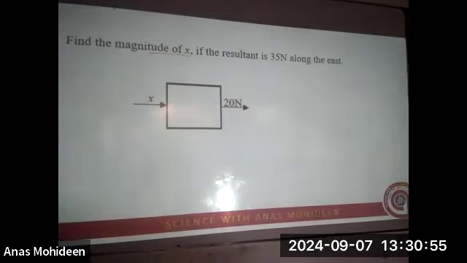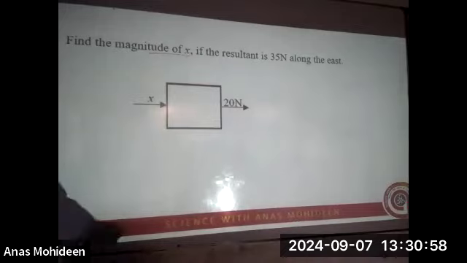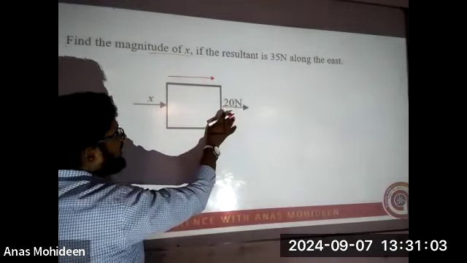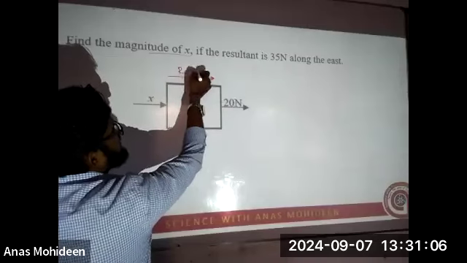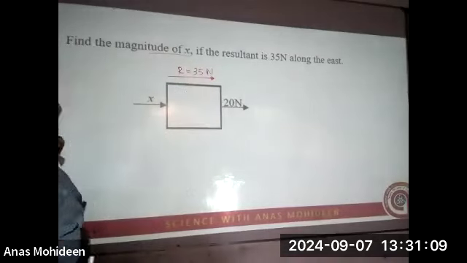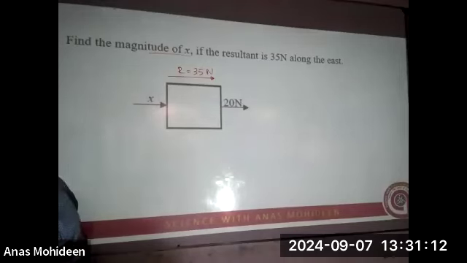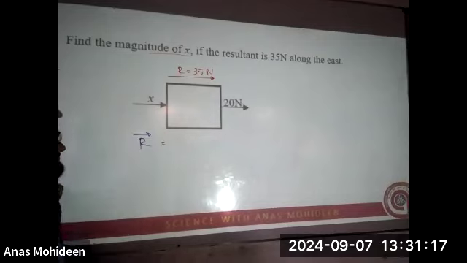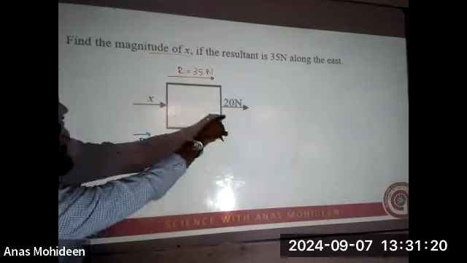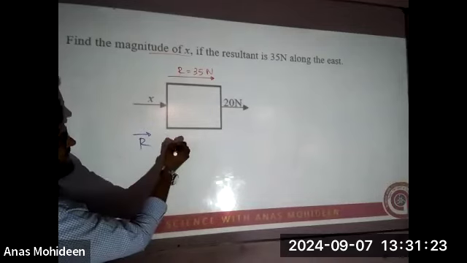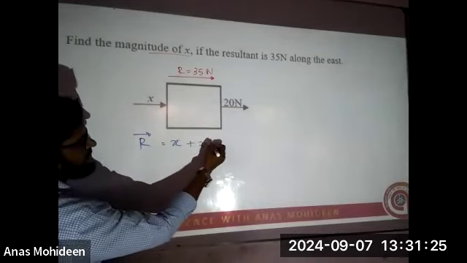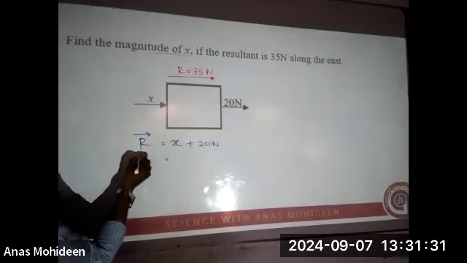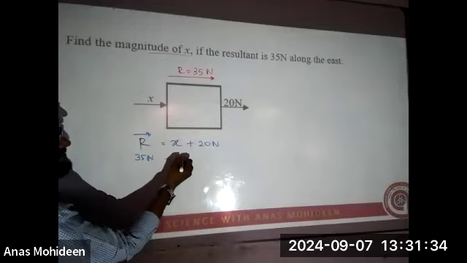Question says that the resultant is 35 Newton along the east. That means after applying x and 20 here, the resultant, the total force, is 35 Newton. Question asked you to find out x. So how do we apply? Resultant to the same direction is equal to x and 20, both of them in the same direction, right? So how do we take that? X is plus, 20 is also plus, right? Okay. So how much is R now? 35 Newton. X we don't know, and